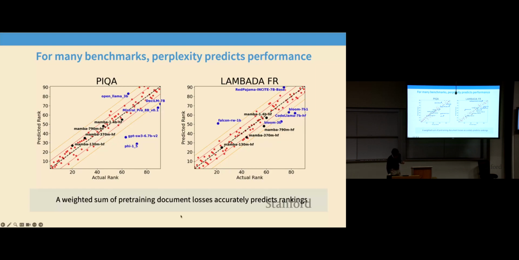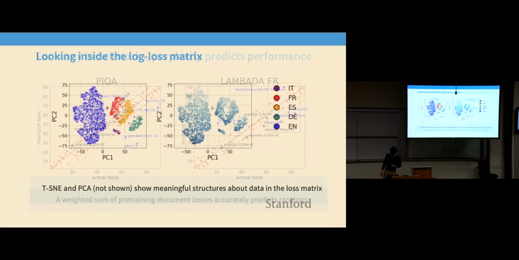On the x-axis here, this is the actual benchmark performance. On the y-axis here, this is how good we would predict that model is based on their perplexities, right? Their log likelihoods on different web pages. And so what that means is, if you can predict the next word on a web page well, that's on the y-axis here, then you can actually know how well it will do on the downstream benchmark. And that's a surprisingly good correlation.